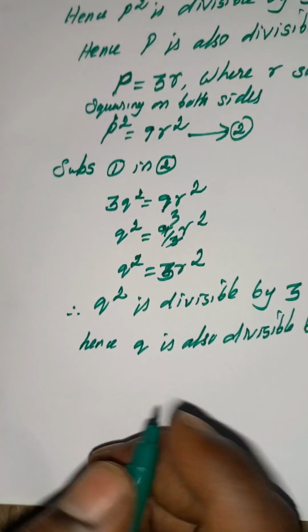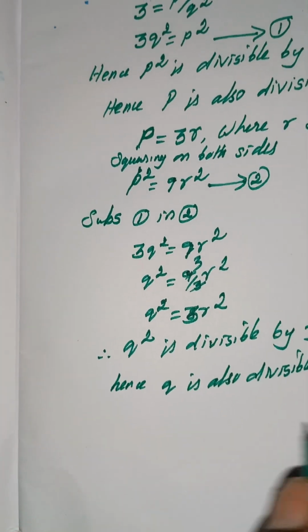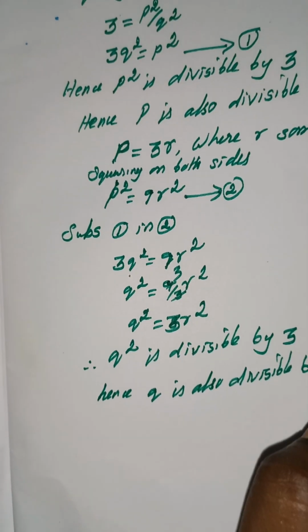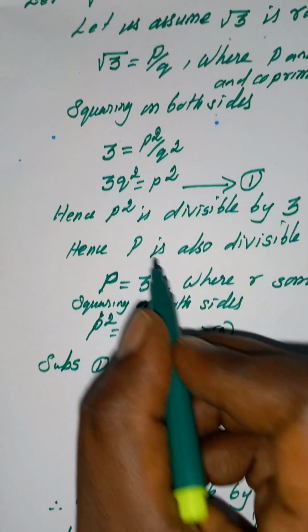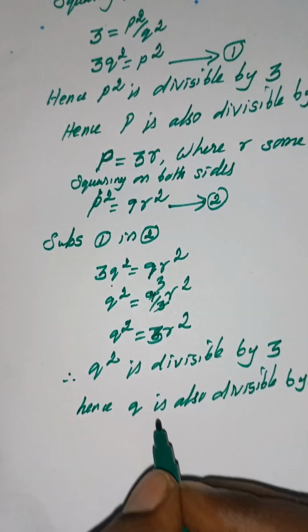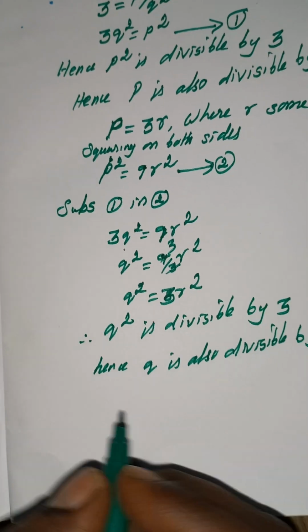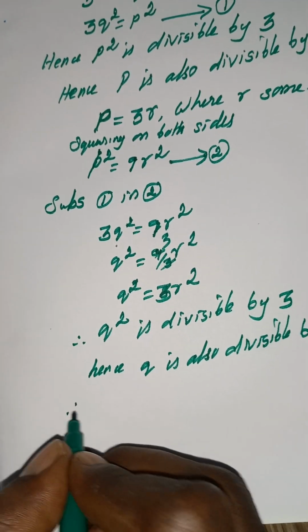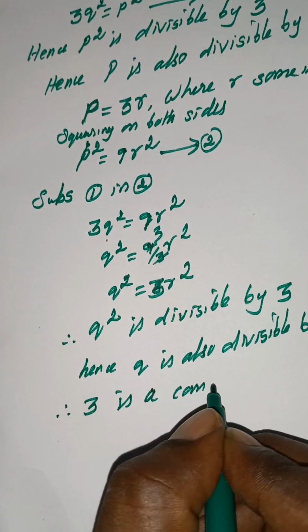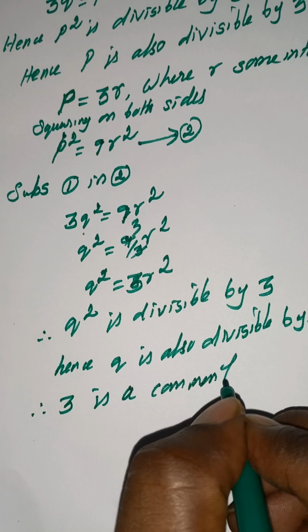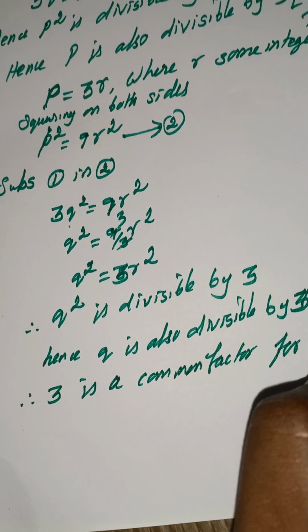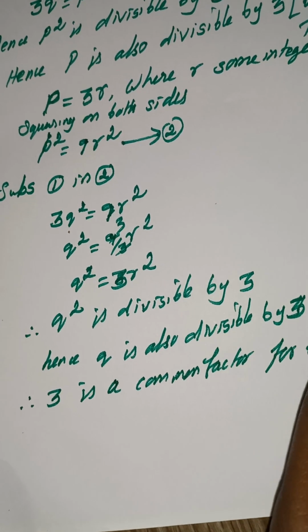So p is divisible by 3 and q is divisible by 3. See that p and q both are divisible by 3. So therefore 3 is a common factor for both p and q,